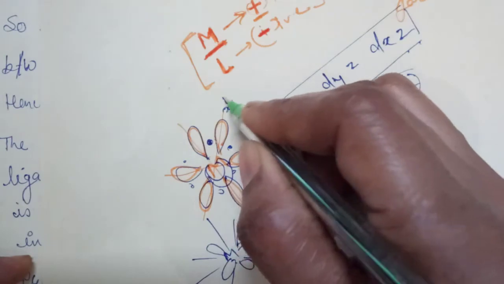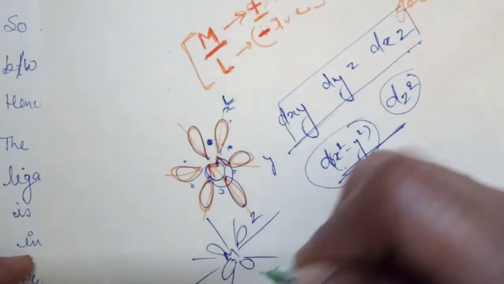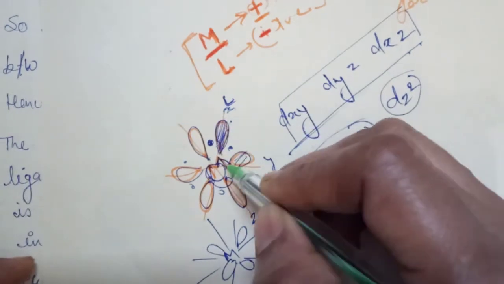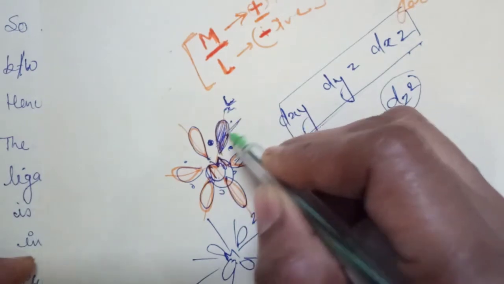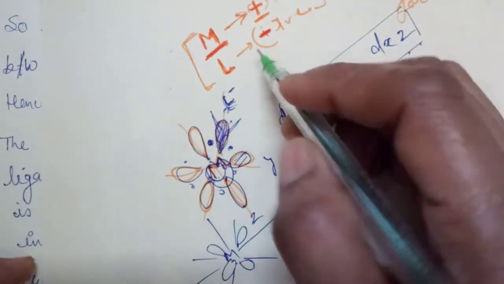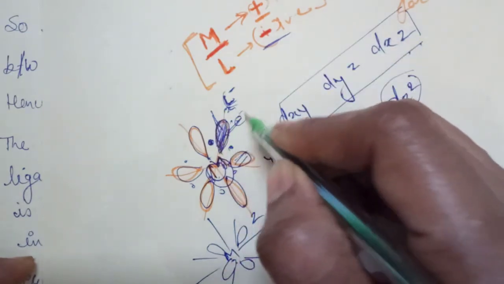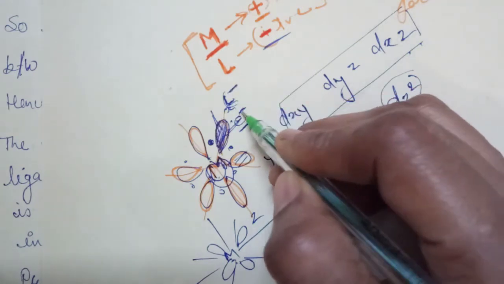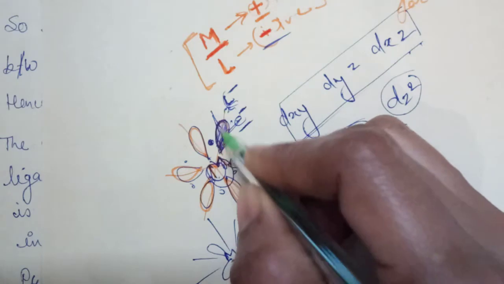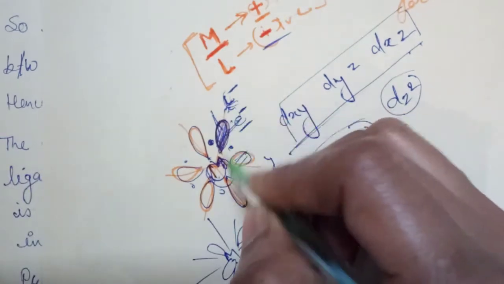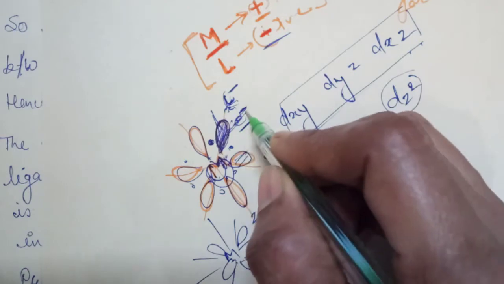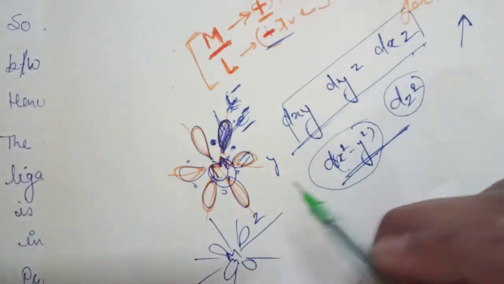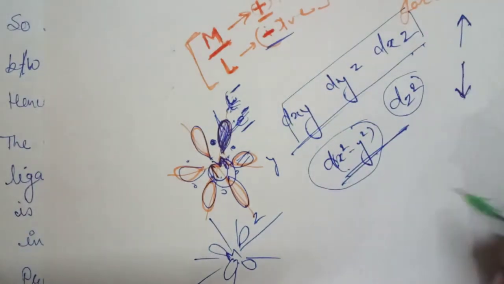When any ligand attacks on central metal atom, then the orbitals which are present in the path of metal and ligand attraction are repelled, because the ligands are assumed as negative charge, and orbitals means the probability of finding electrons, that is also negative charge, and then there will be repulsion between negatively charged ligands and negatively charged electrons. So the orbitals which are found in the attacking path of the ligand are repelled more, and due to repulsion the orbitals become higher energy, and which are repelled less, that become of lower energy.